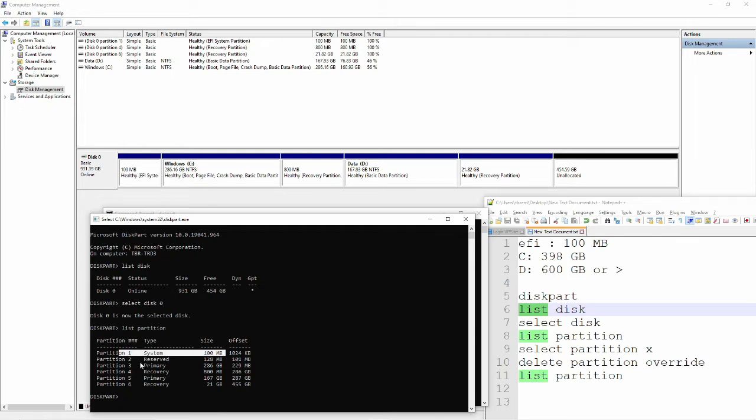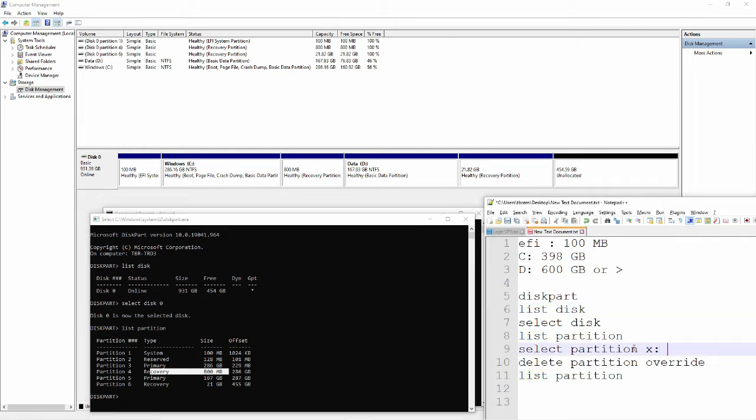There is partition 2, which curiously is not displayed at all here, but it is quite small, so I can ignore it. Partition 3, primary, 286 gigabytes, is where there is the C drive with Windows. Then there is a recovery partition of 800 megabytes here that we want to delete. So I want to delete partition 4.